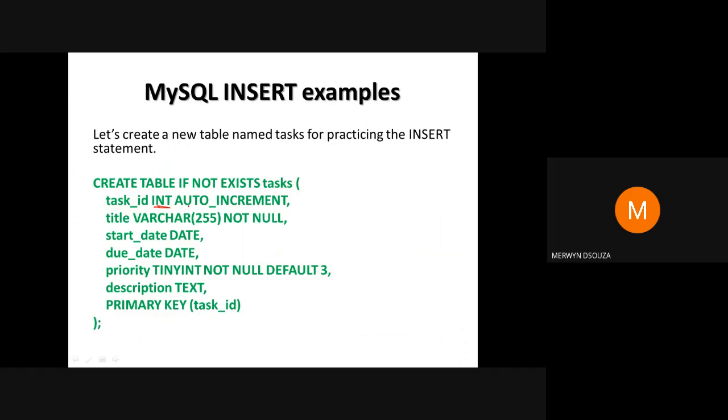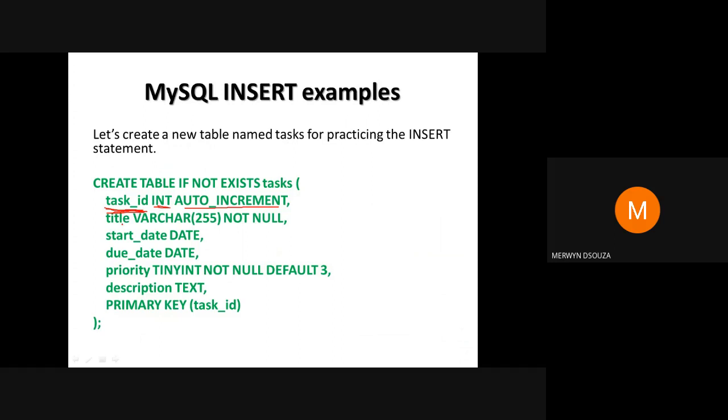Also, we specify that the task ID column will be AUTO_INCREMENT. Auto increment means each time a new row is inserted, the value of this column will be increased automatically and sequentially by 1.